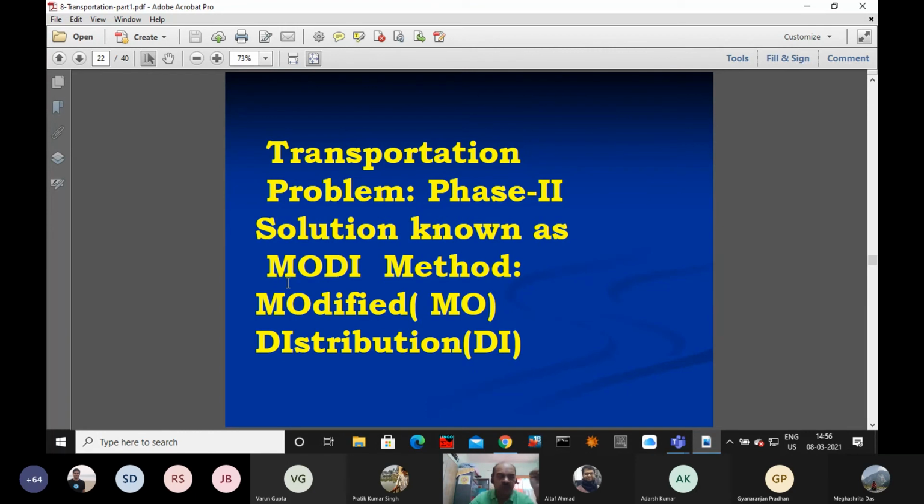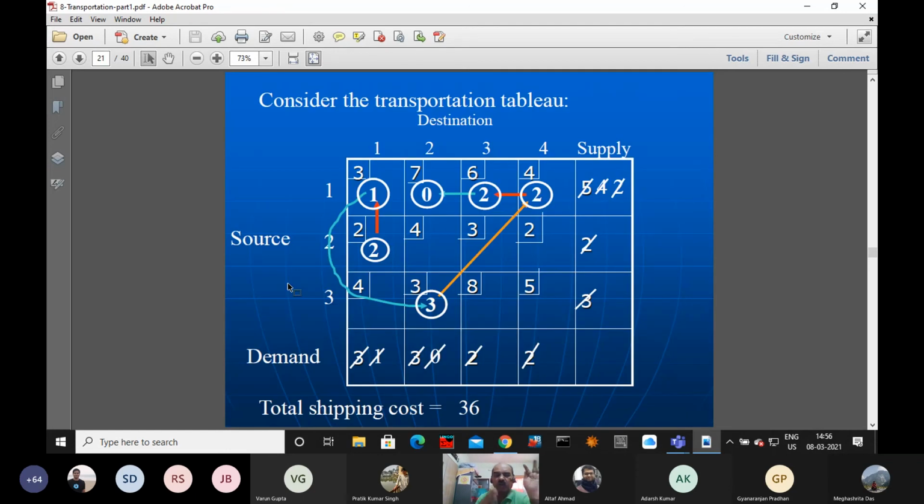So whatever allocation is possible, if you can modify it in such a manner that row and column are fulfilled and this is giving minimum cost, that is our new solution. This new solution may be optimal, may not be optimal. We have to check. We will check using the duality theory.